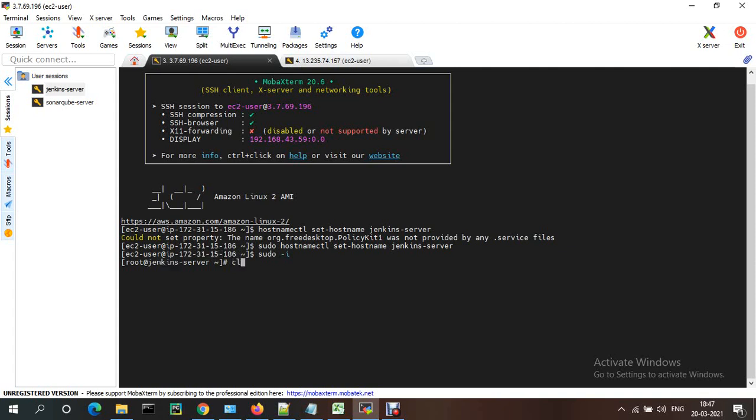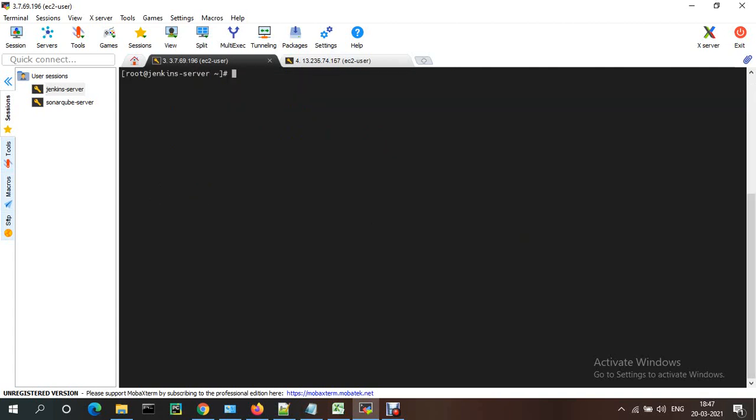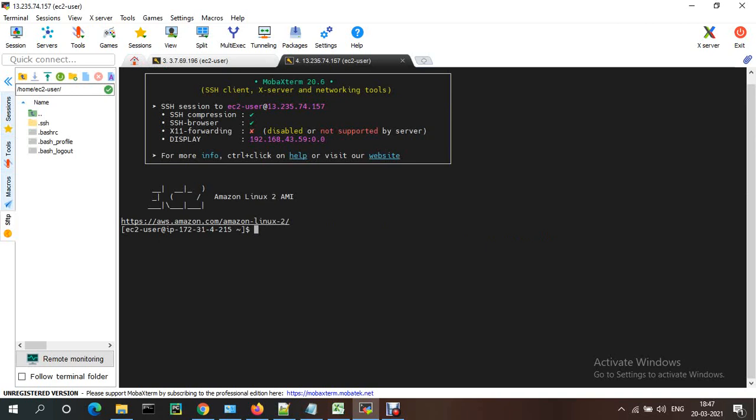Now the same thing here also: I am changing the host name with hostnamectl set-hostname SonarQube-server. If I do sudo -i, everything I run is from root.